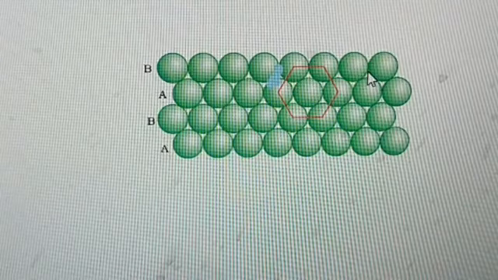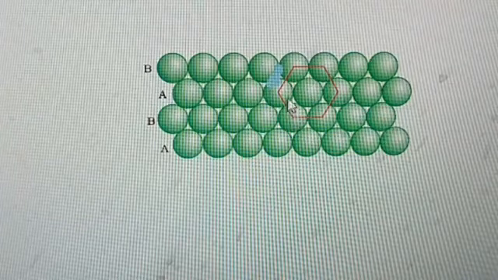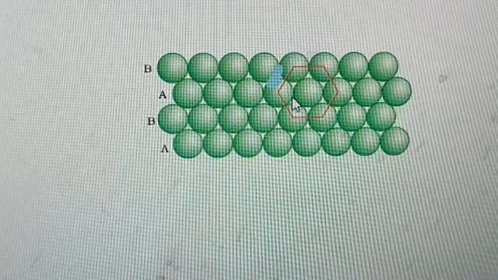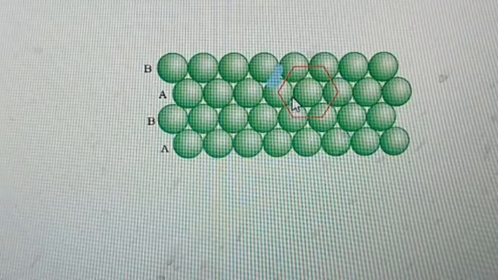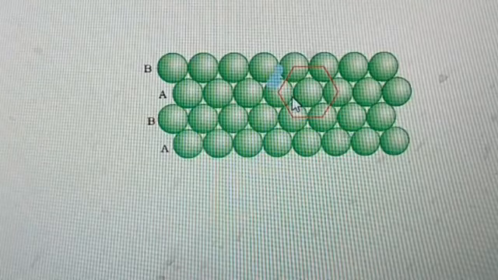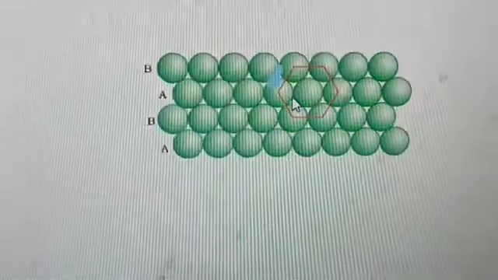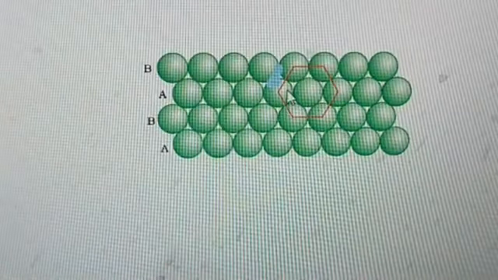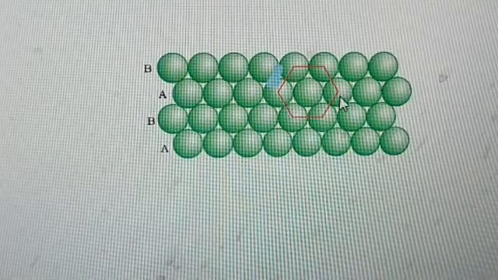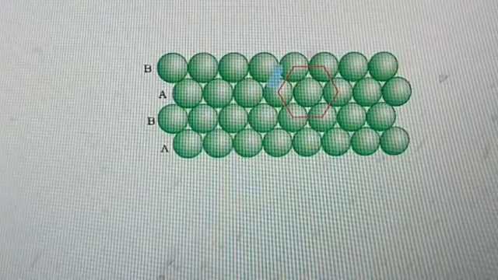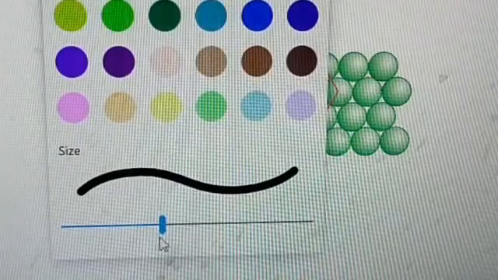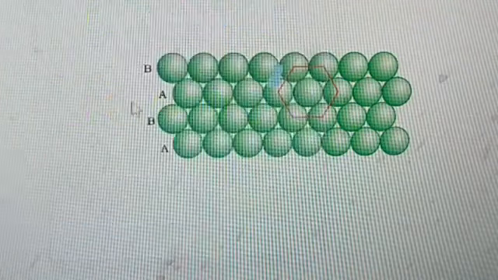Now see here, if we take each atom, it is surrounded by 6 of its neighbors. In the case of the AA type of arrangement, each atom is surrounded by 4 of its neighbors, so the coordination number became 4. But in the case of the AB arrangement, see here, this is the particle, no? It is surrounded by 2 from the same layer, 2 from the top layer, and 2 from the bottom layer. So each and every atom is surrounded by 6 of its neighbors.